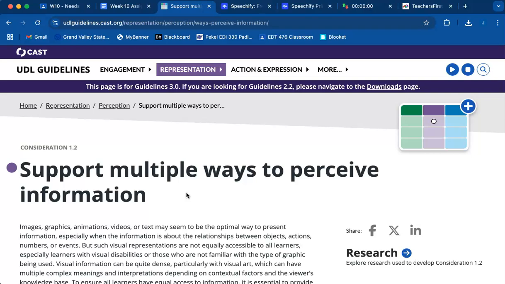and in your resources that you use, like in your classroom libraries or in lessons that you teach, having that multiple representation. But for today, I'm going to be talking about how in the UDL guidelines you need to support multiple ways